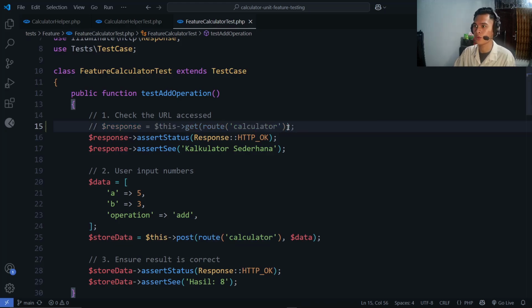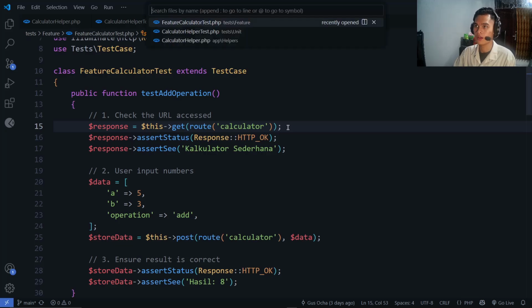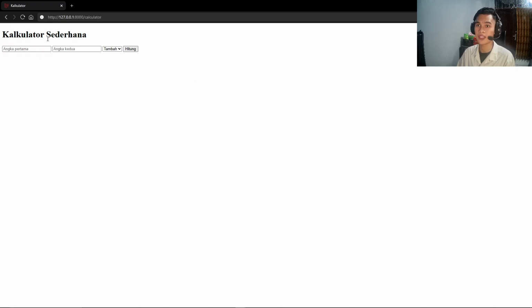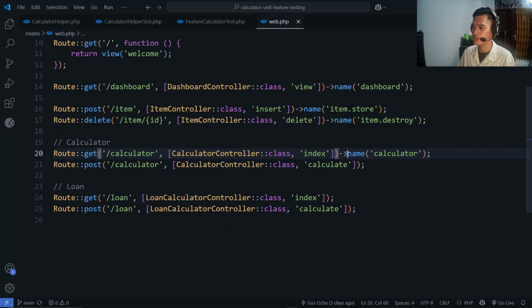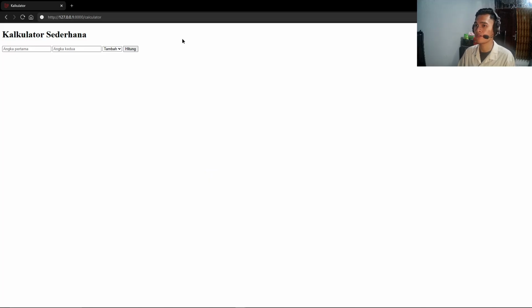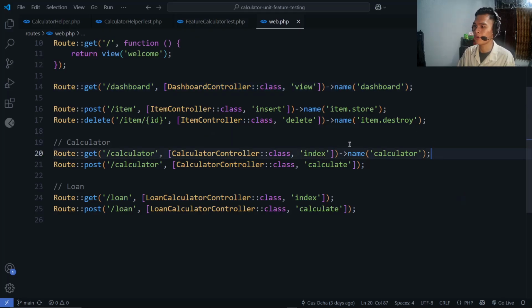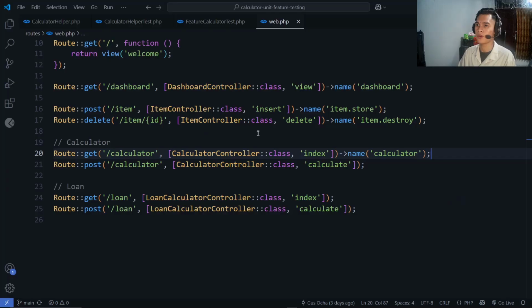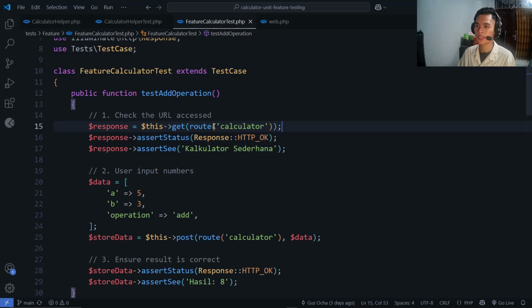It is in web.php, this one, the route for the calculator application, the very simple application. I gave it a name, so basically this route I call with the name calculator. The same thing with dashboard. If I access dashboard, there we go. So I added a name for the calculator to make it accessible. Okay, so making sure the user accesses the correct URL and gets the HTTP OK response,